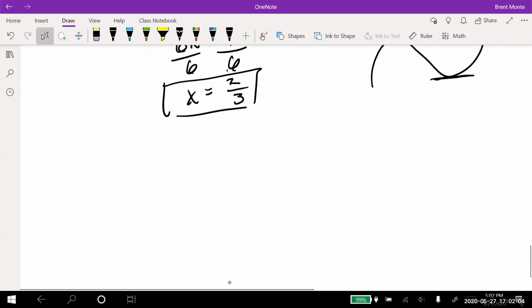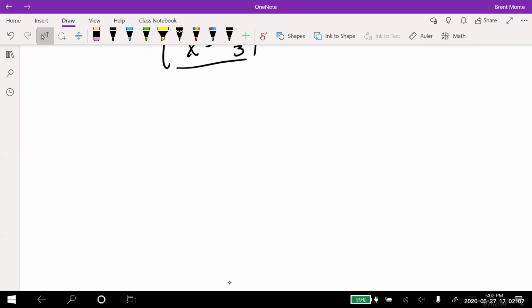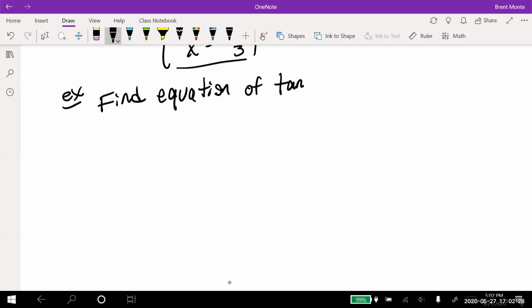Here's the next idea, though. What if the problem says, find the equation of a tangent line? And we'll just make this one up. So let's say we have an example: find the equation of the tangent line of f of x equals,